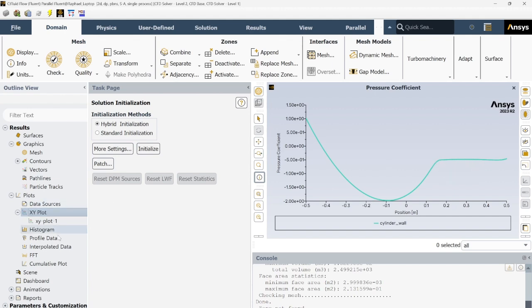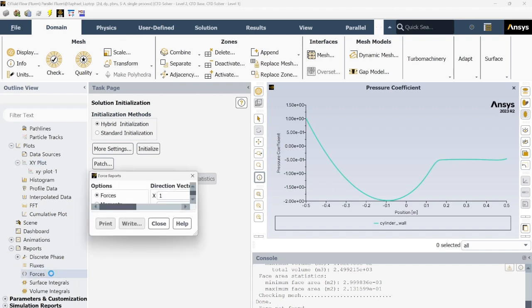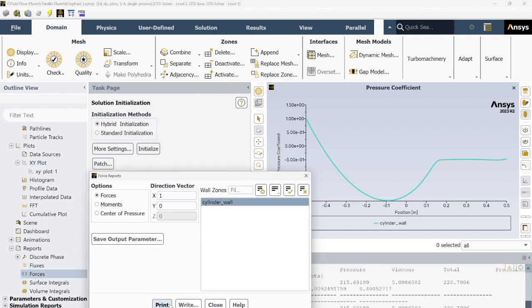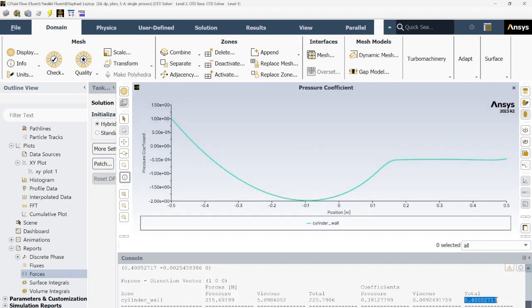and we have to make sure that that coefficient of drag is lower. If we go to our forces here on the cylinder wall, we can print it and check here, and yep, it's about half of what we calculated for the laminar, which is good because it should be lower than laminar and higher than inviscid, obviously. And now that that's done, everything is checked for the turbulent and the setup, we can move on